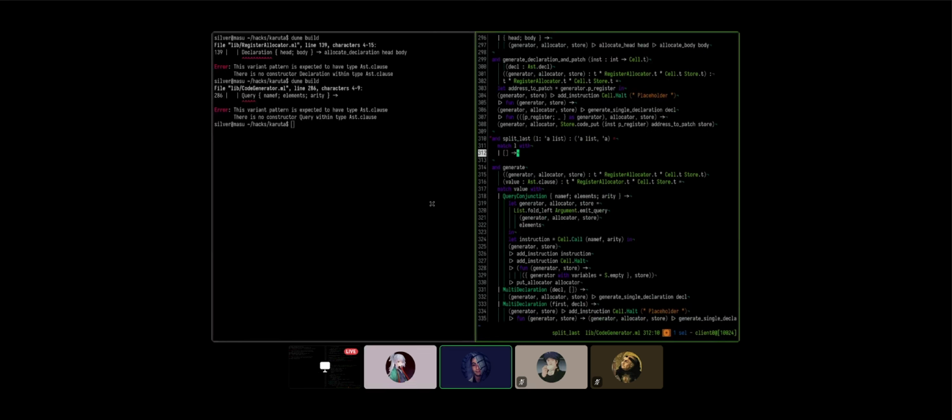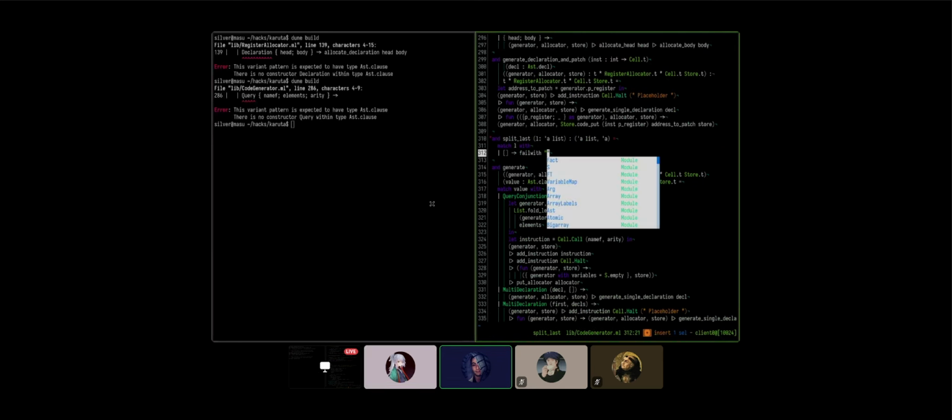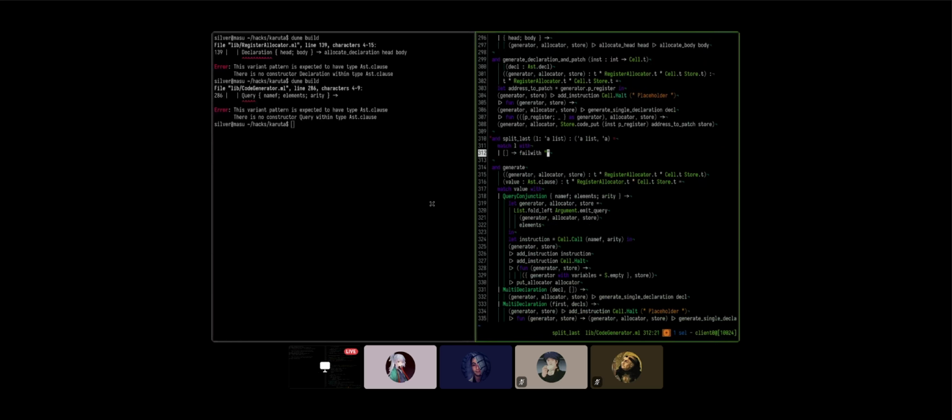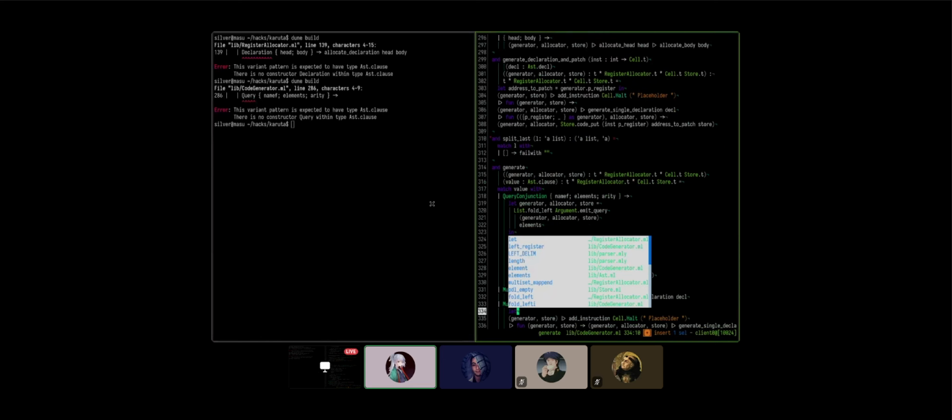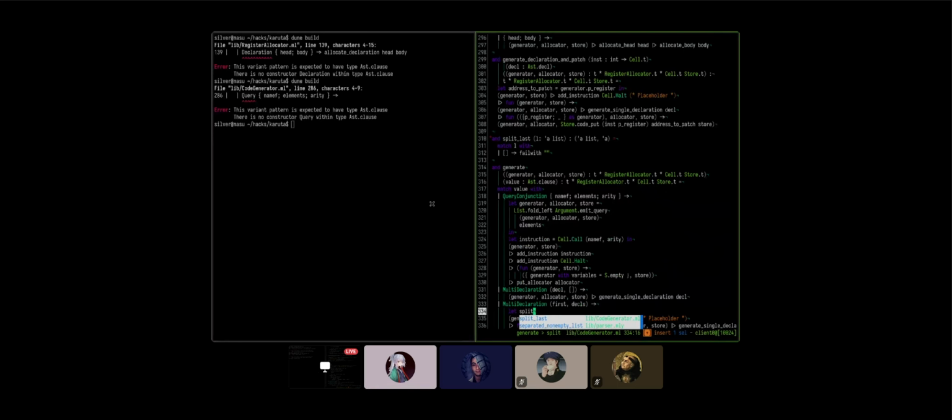Well, if you want to make this function like the best, we should return an option on the second. But that's annoying for our use case, so just fail. We can do it in here though, right? And then we can make sure that we don't use it accidentally somewhere else where it's not actually safe. Okay.